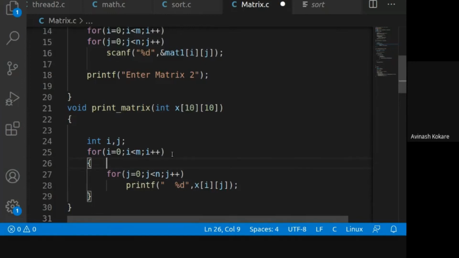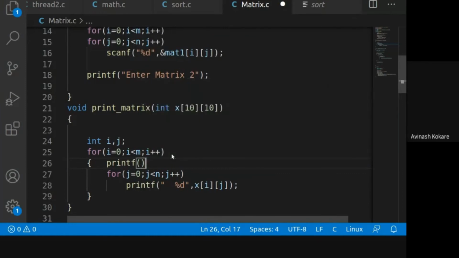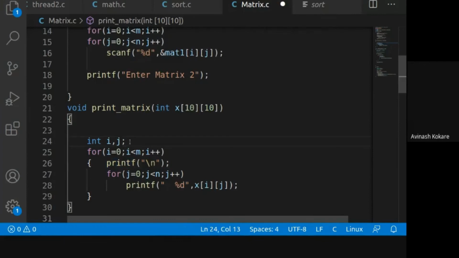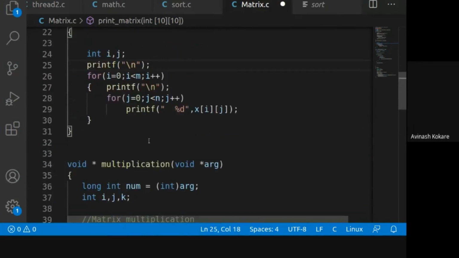You should print each row on a new line, so \n here. You should also print a new line at the start, so that it looks better.